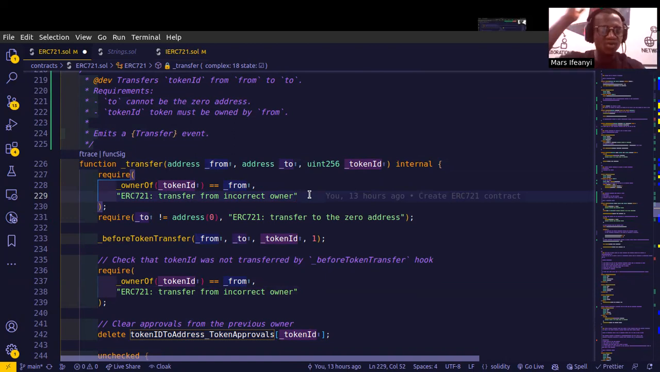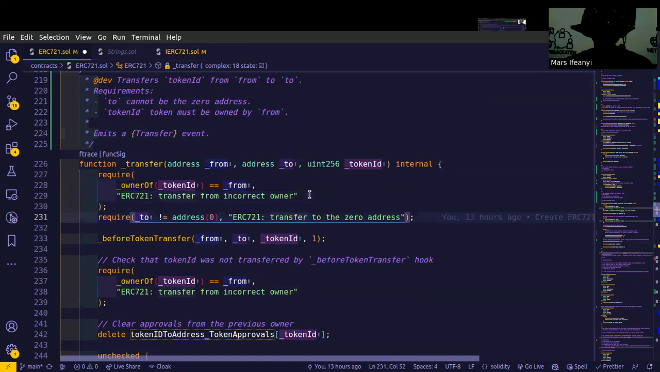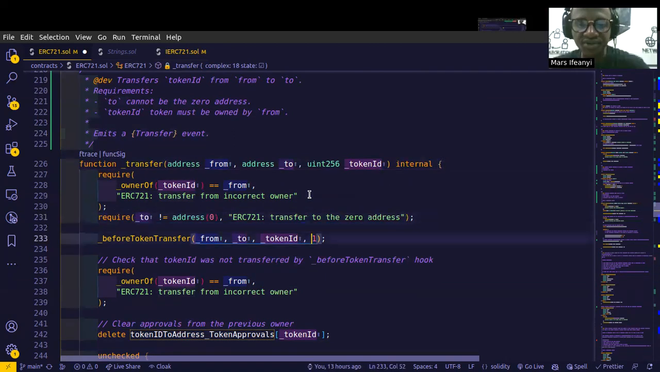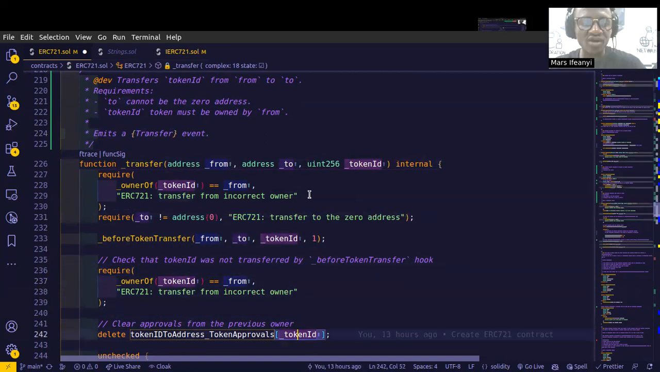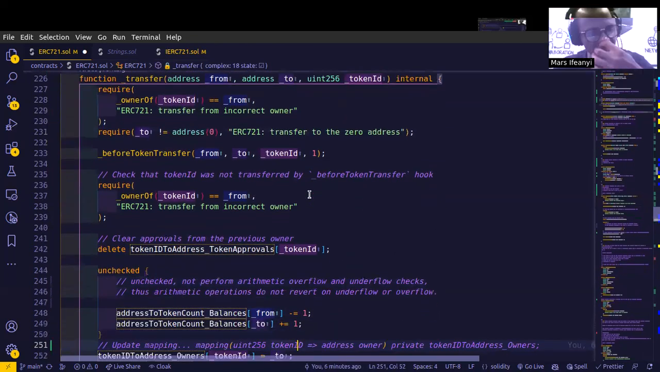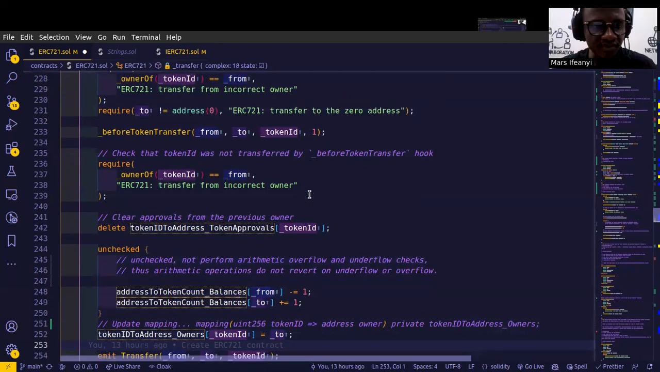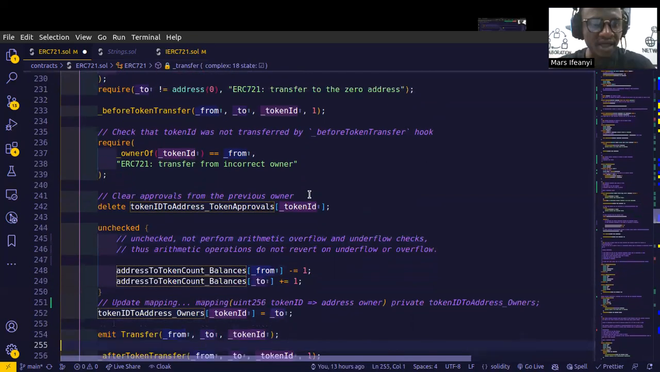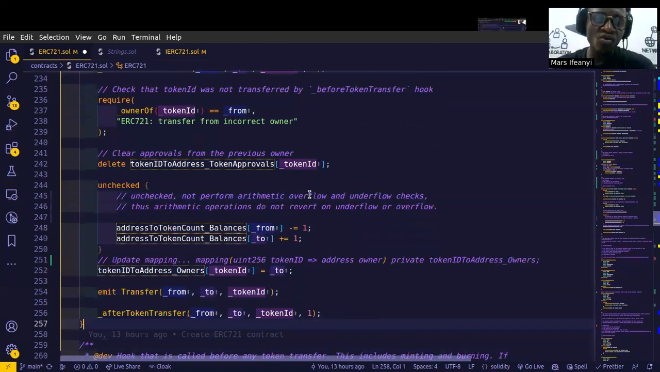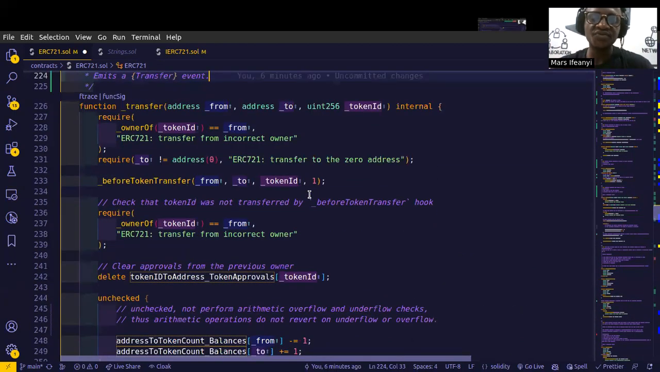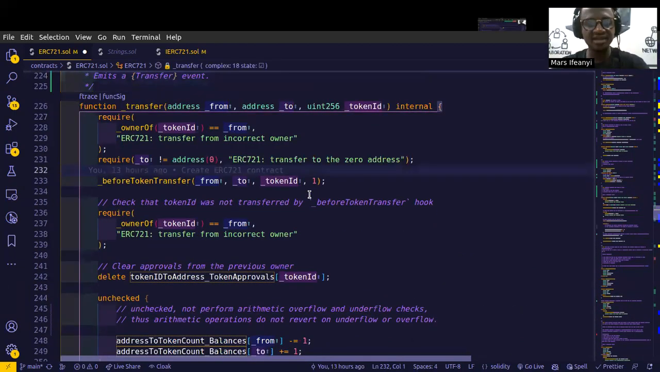Then it also requires that the to address, the recipient address or the market address you are sending this NFT to, is not a zero address. If it's a zero address, it will revert. Then it calls the before token transfer hook, and also checks the owner of the token ID, okay, I think we've done that. Then after the whole check,